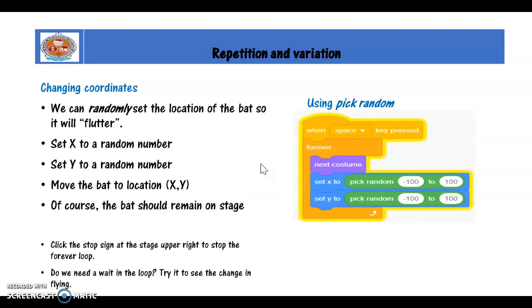Next slide. Using pick random, I want to do the same thing we coded before, but I want to change the position of my cat. So I want to change my X and Y position after changing my costume, and I want to repeat the loop for n number of times. That is simply our daily routine, right? Until we die, or until we are alive, we will repeat the same process: having breakfast, having lunch, having dinner. So let us check how this will work.